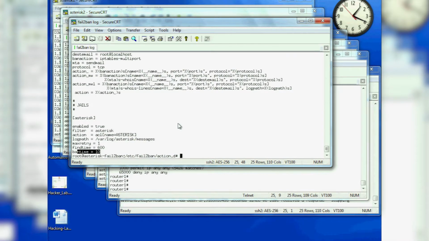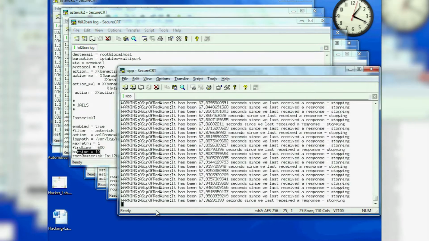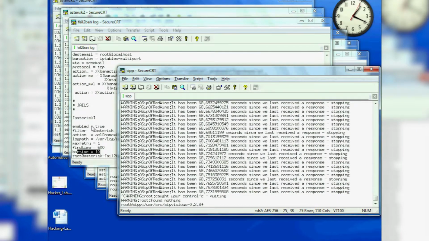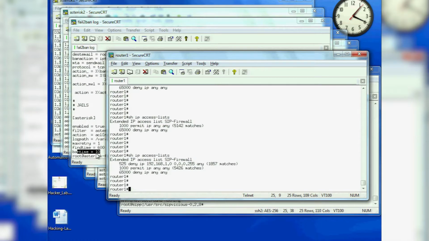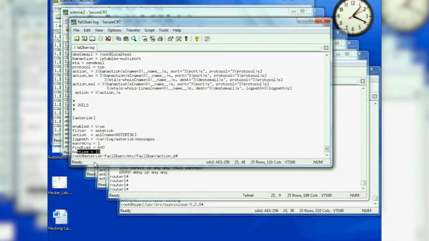So here's the actual settings. This is the log path that we're looking at. This is the action we're going to call, the ACL script in the actions.d directory. Max tries, one attempt, ban time 10 seconds. The reason I have a low ban time is if for some reason it doesn't pick up on the first hit, which I've never had happen, but